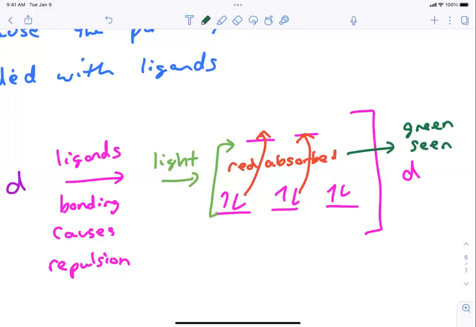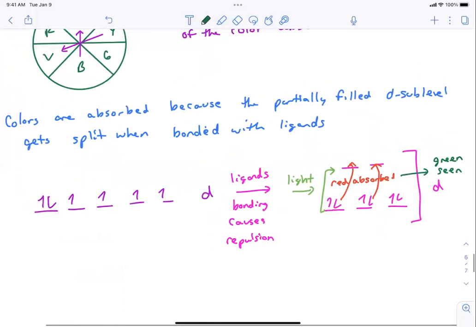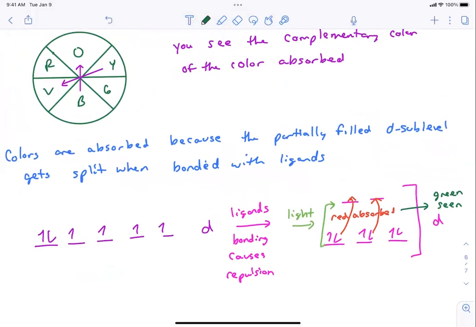For example, copper sulfate, CuSO4. Copper is a transition metal, and so when it's in water, water ends up being the ligand that bonds to the copper to make a complex ion. And that complex ion is what makes this appear blue. In this copper sulfate, this complex ion is absorbing orange and you're seeing blue. That's how this works. The copper's sublevel splits up and it absorbs orange, which allows us to see